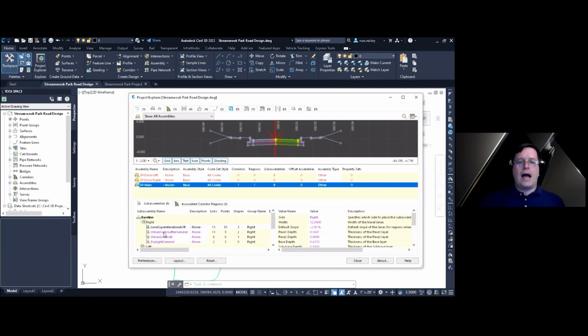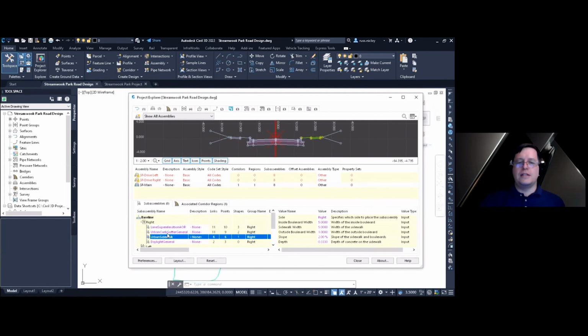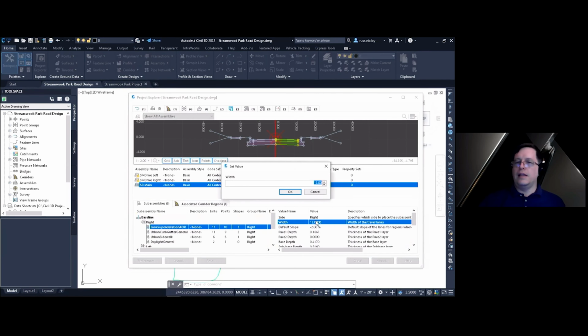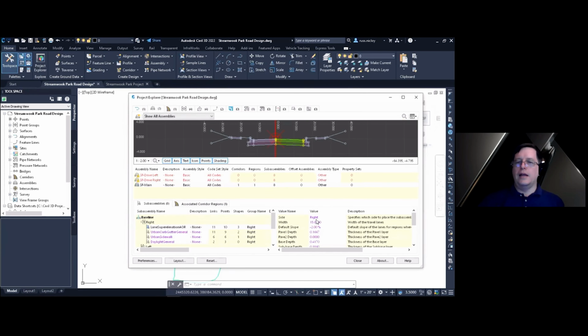And in there, I can choose to go to the different subassembly parts and see the parameters on this side. Now, again, there's some magenta text in there that we can edit. I'm going to come over here and edit the width of this lane. I'll just double click in that and then type in 15 or use the arrows to slide up to a number and click OK. So again, a slightly different way to access a field, but all of these have something in common, and that is that you double click to access it and then make the change in a small dialog box.